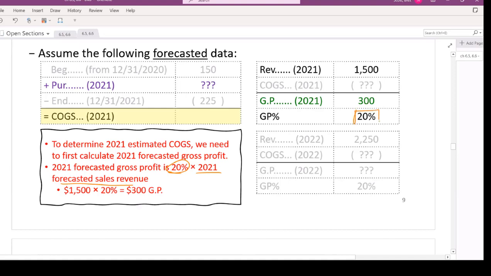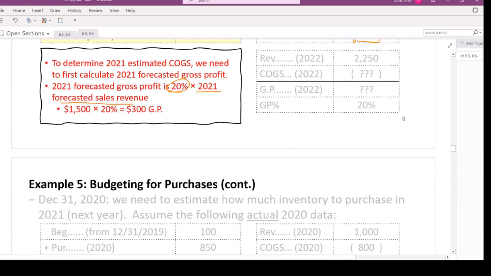So 20% is, again, what I predict is going to be the gross profit percentage consistently. I multiply it by the forecasted sales, 1,500, and that gives me a gross profit of 300, just as we saw before. Okay, not quite done yet. Next slide down,